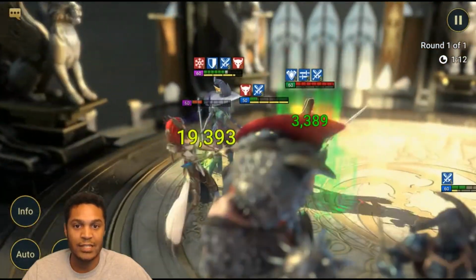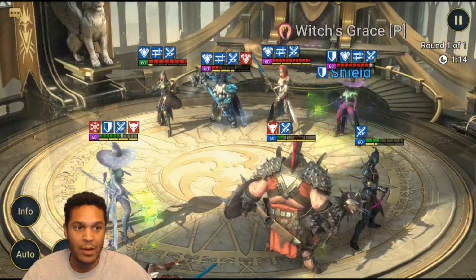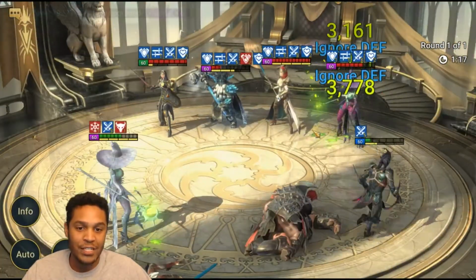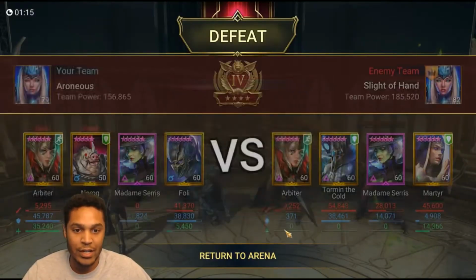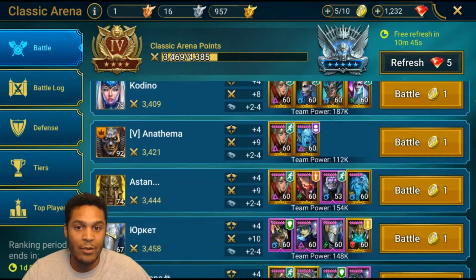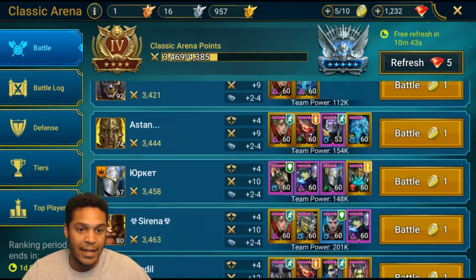And then she gets the provoke. Yeah, I'm not going to win this one either, so that kind of stinks. It stinks that it's such a horrible showcase because Norog is actually pretty good, and he has a built-in immunity against Tormin. So if I had a faster Arbiter, and my Madame Ceres was an immunity set, which I don't have very good immunity, I don't have speed immunity, so if I could use them...